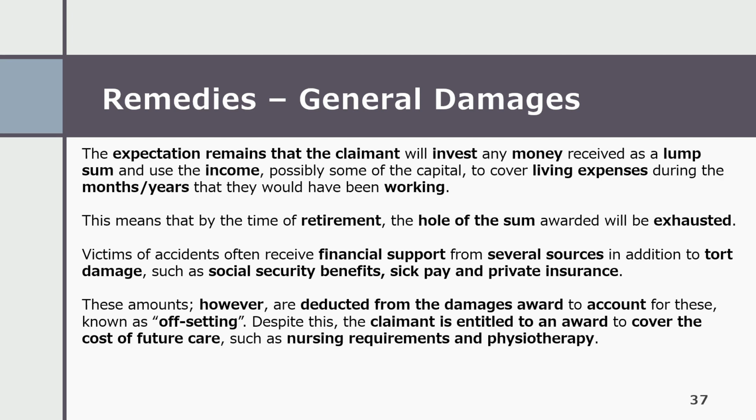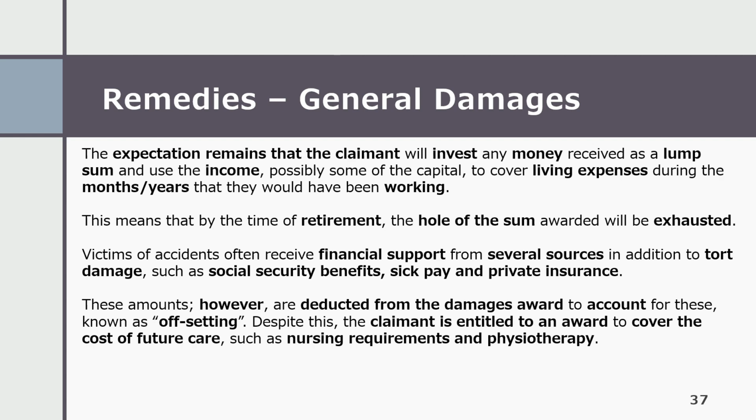This means that by the time of retirement, the whole of the sum awarded will be exhausted. Victims of accidents often receive financial support from several sources in addition to tort damages, such as social security benefits, sick pay, and private insurance. These amounts, however, are deducted from the damages awarded to account for these, known as offsetting. Despite this, the claimant is entitled to an award to cover the cost of future care, such as nursing requirements